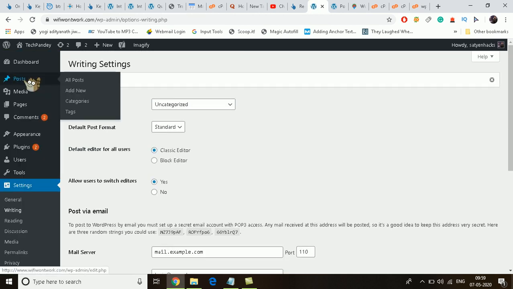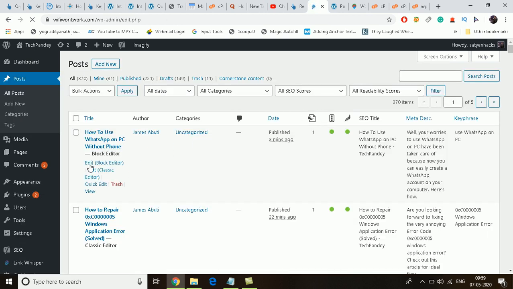Okay, now I'm going to the posts. Now you will get two options: edit with block editor or edit with classic editor. Suppose I am going to click on edit with block editor.